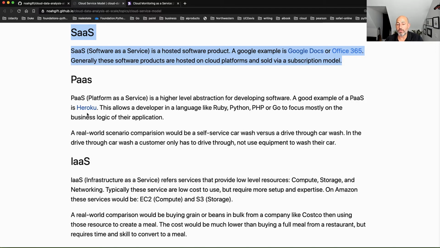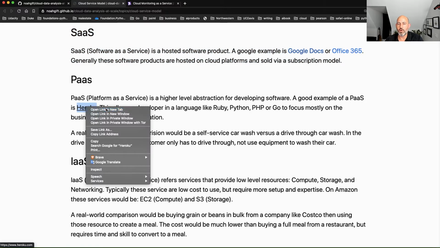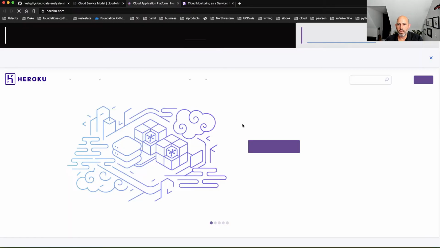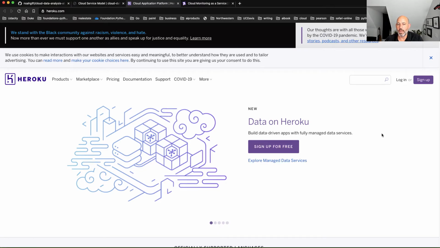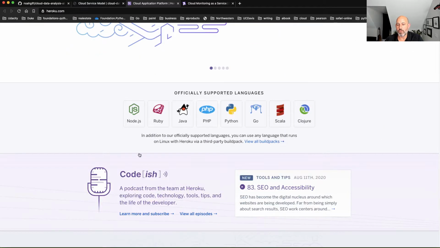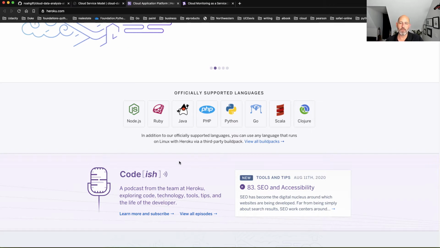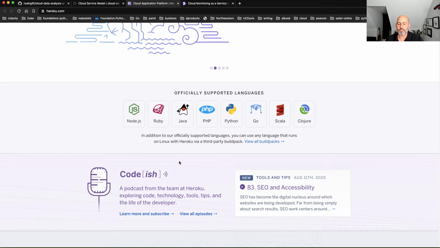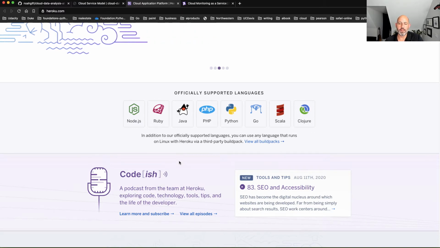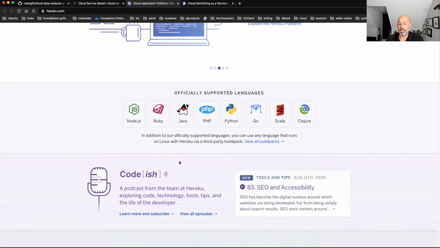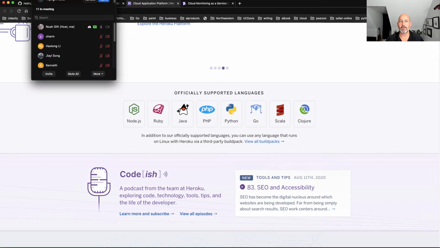One of the first big ones was Heroku. If we take a look at this, you can see Heroku, and these are all the different examples of this. But really, you can just focus on writing code and deploying the code. In fact, we'll get into this in a bit, of how you can build things that automatically deploy, and it's really an easy way to get started with this stuff.